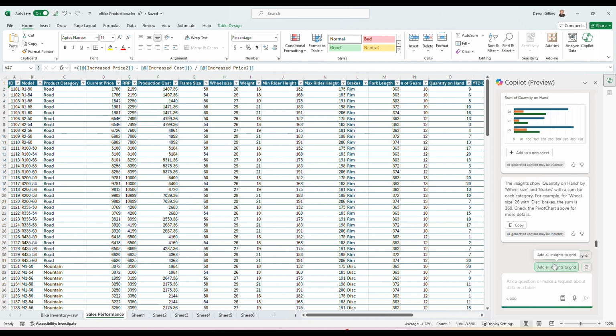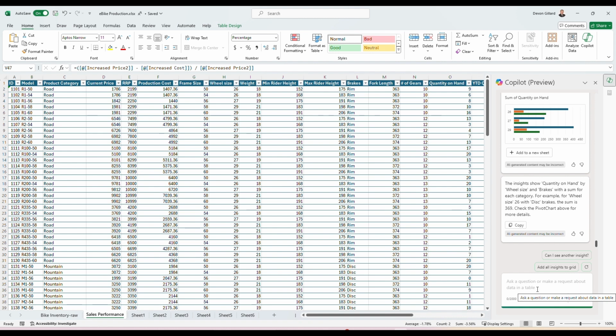So you can kind of know, and of course, wheel size affects the size of the riders you have. So are you fit for tall riders, short riders, etc.? Of course, if you're selling children's bikes, that would be fairly helpful. Now we said generically provide us insights and created some charts, but it might be helpful to